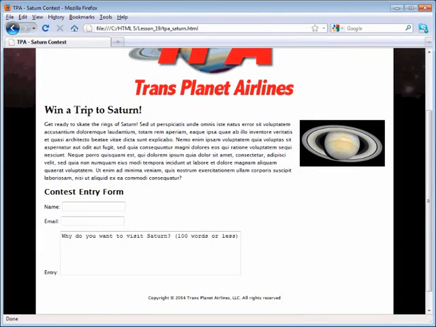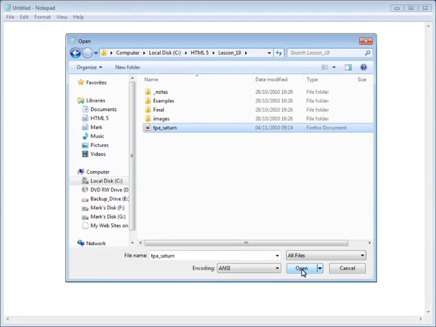The form we created in the previous tutorial is a good start, but in addition to collecting the site visitor's personal details, as well as the reason why they want to visit Saturn, we'd also like to find out how old the participants are, as well as which other planets they may have already visited. If you want to follow along, please start by opening the file TPA Saturn, which you'll find in the Lesson